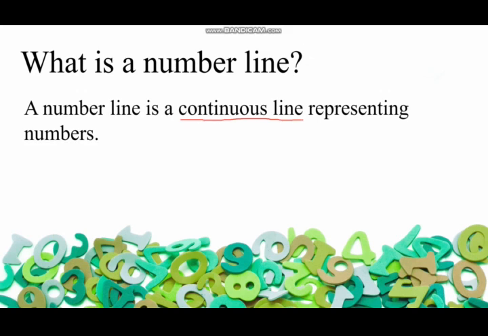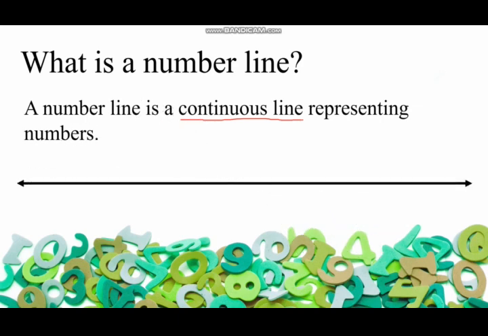So, first we have to see what is a continuous line. Let me show you. This over here is called a continuous line. ये एक लाइन है और इसके दोनों तरफ, if you can see, there is an arrow. Can you see? So a line with an arrow on both sides. एक ऐसी लाइन जिसके दोनों तरफ arrows हो, is called a continuous line. ठीक है, अब continuous line का मतलब तो समझ गया,